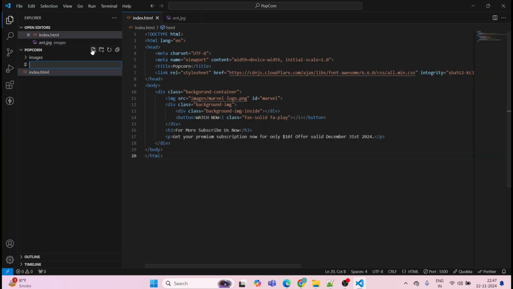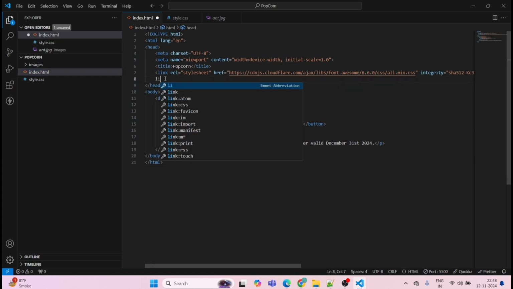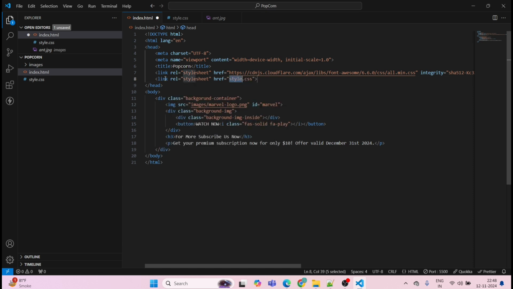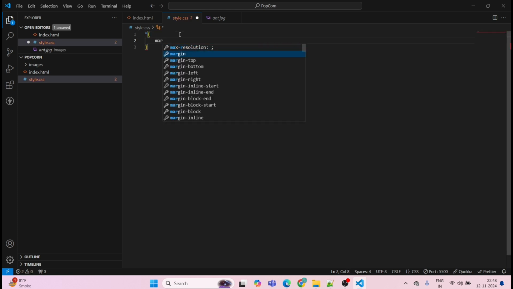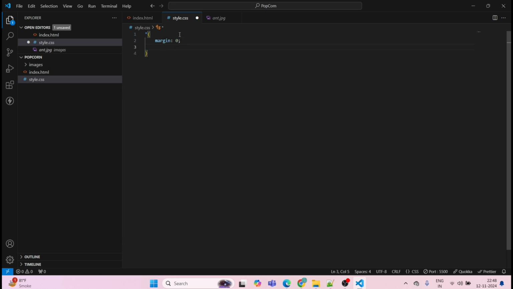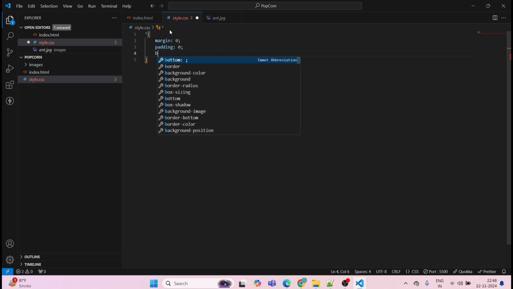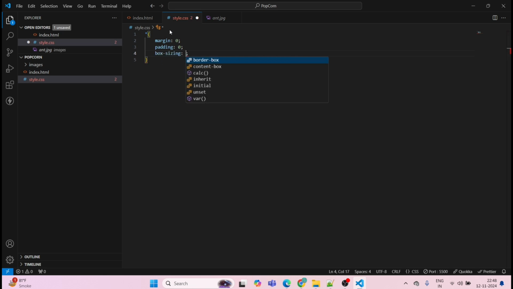Close this. Here, style.css, and you have to mention that link, CSS has been added. Now go to the style.css, and now here we will start with the root. Margin will be 0, padding will be 0, box sizing, border box,